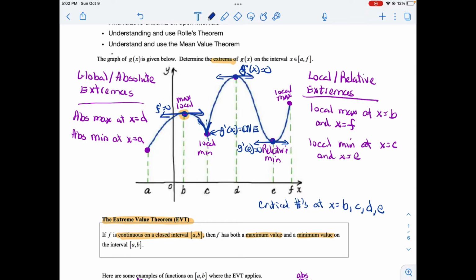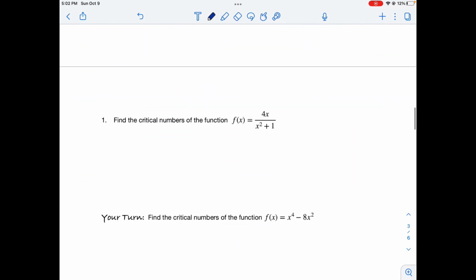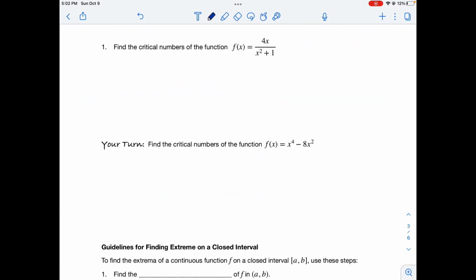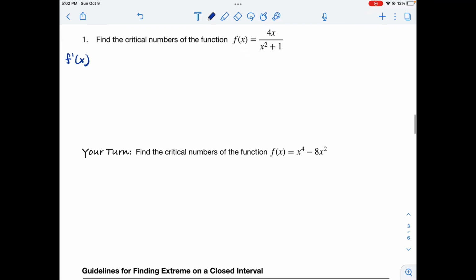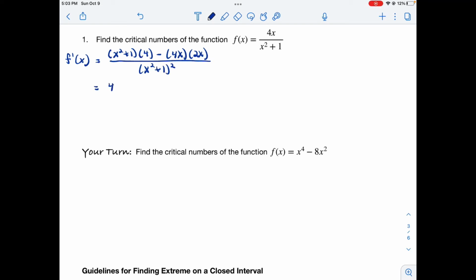Now that we've figured out how to find critical numbers graphically, let's figure out how to find critical numbers algebraically. To find your critical numbers, you're again going to start by finding your derivative. So let's differentiate f of x using our quotient rule. That's low d high minus high d low over low low. Simplifying this down, we determine that our derivative of f of x is equal to 4 minus 4x squared